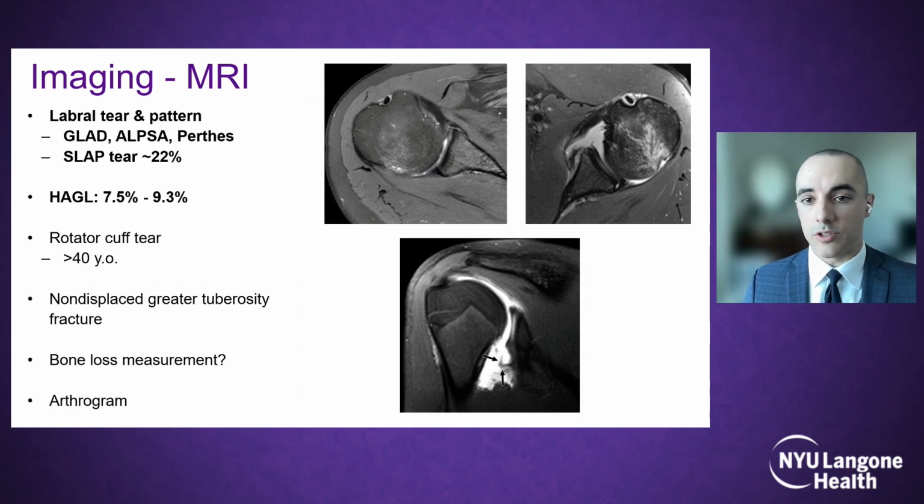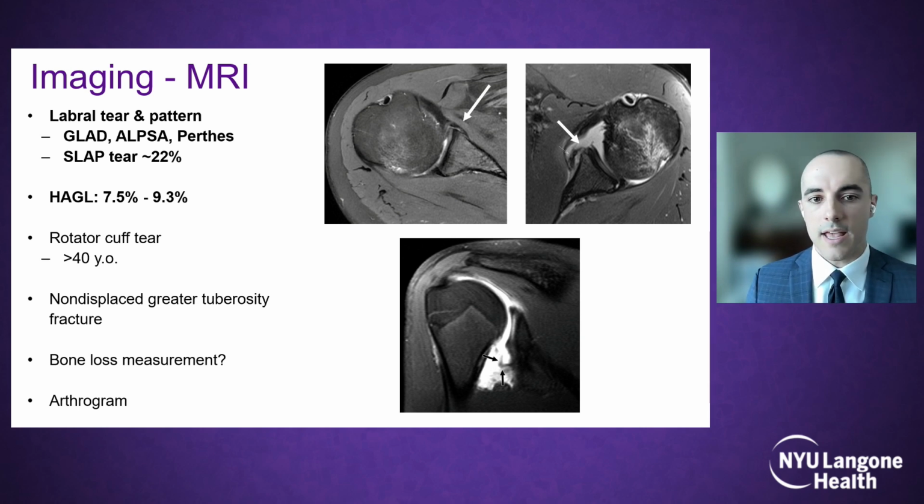An MRI is probably the most sensitive modality for evaluating soft tissue injury, both its presence and classifying its type. It can help differentiate between a standard anterior labral tear seen on the superior left image versus one of the variations such as the ALPSA lesion, or anterior labral periosteal sleeve avulsion, seen in the top right photo. It's also important to rule out additional labral injuries. In about 22% of patients, the injury may not be confined to the anterior inferior labrum, but may rotate around the superior aspect to involve the superior labrum,